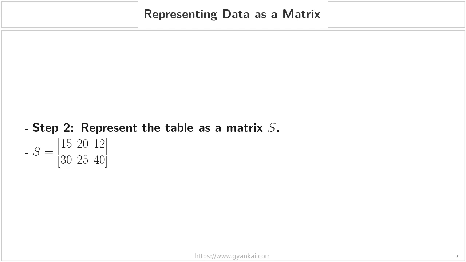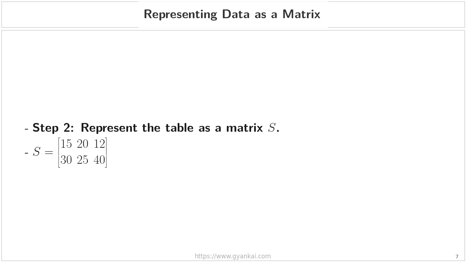Representing data as a matrix. Now that we have organized our data into a table in the previous step, let's move to step 2, where we represent this information as a matrix, which we will call Matrix S. Looking at the screen, Matrix S is presented as a rectangular array of numbers. The first row consists of the values 15, 20, and 12, which correspond to the laptop stock across the 3 branches. Directly below that, the second row contains the values 30, 25, and 40, representing the tablet stock for those